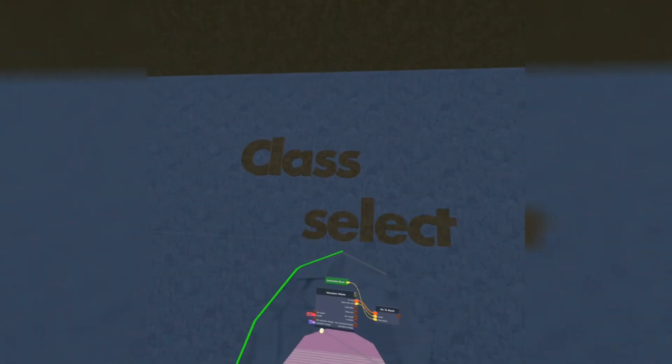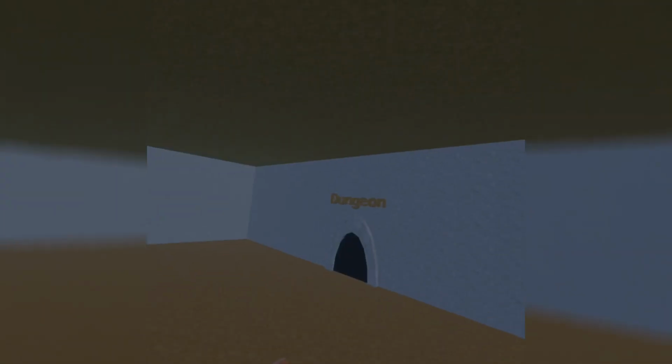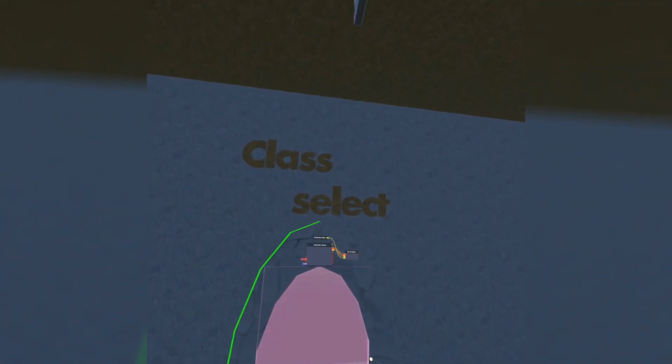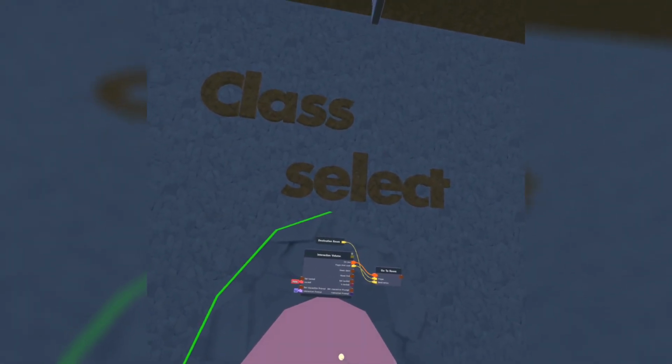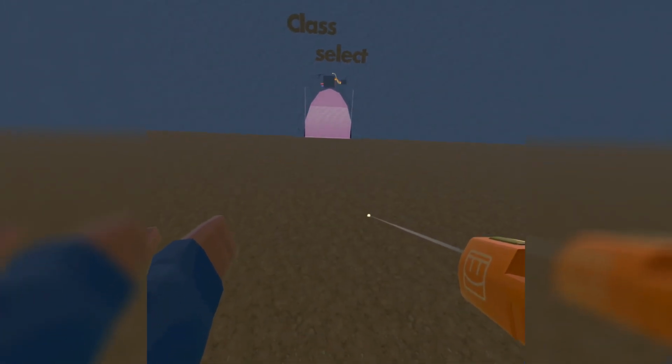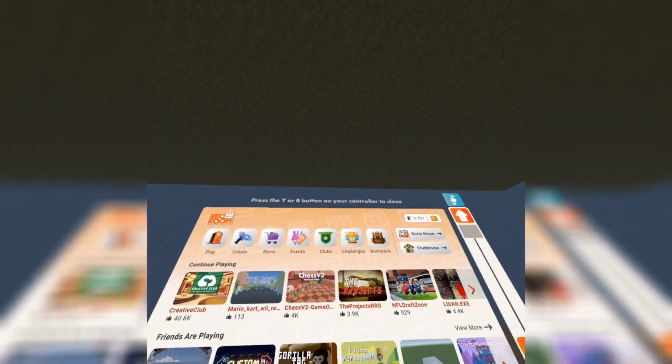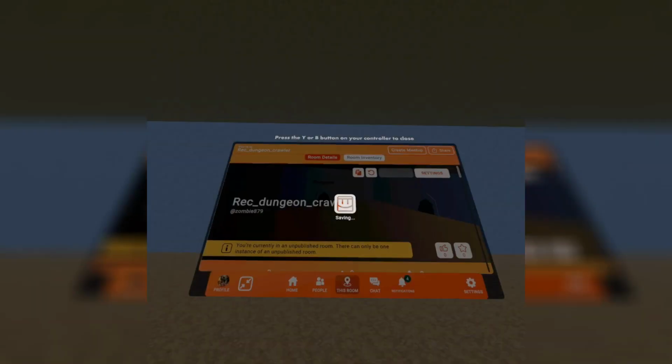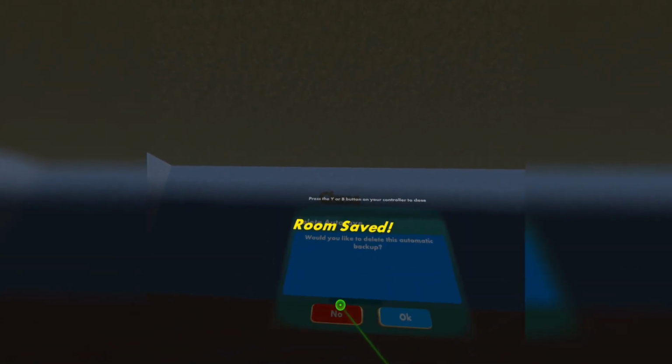The reason I got party auto follow is I just want your party to always follow you around. And now if we click on this, we'll go to the room. But before we do that, let's go ahead and save the room real quick. Like I said, always make sure that you're saving the room. And now that we got done with this little intro, now we can actually work on the classes and the